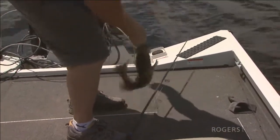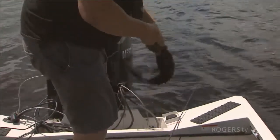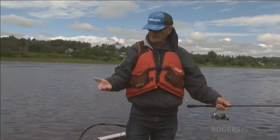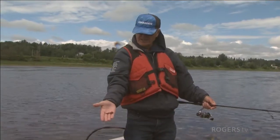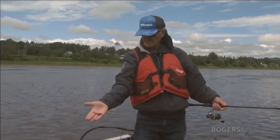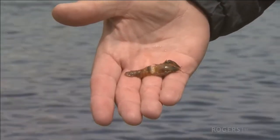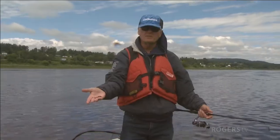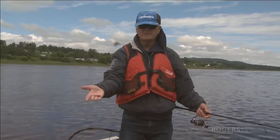You're right, Rick, about the crawdad thing. Because he spat it out in the air and it hit the motor. I heard the clunk. We were talking about them eating crayfish, and Robert just had that spit up on the back deck by one that he had just caught. That's a small crayfish, but any size smallmouth could eat that. And this one's kind of partially digested. He's pretty soft in my hand. So the fish had